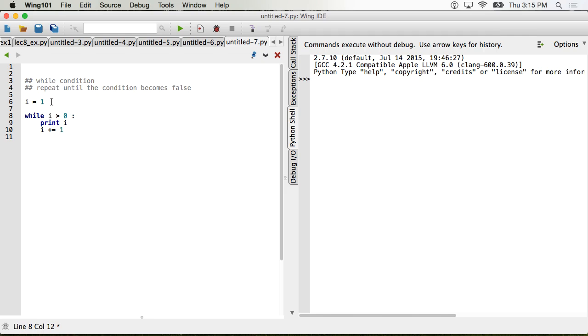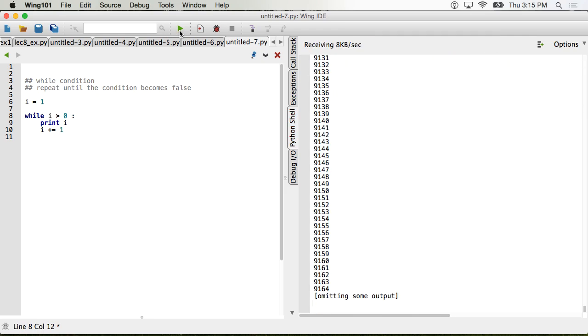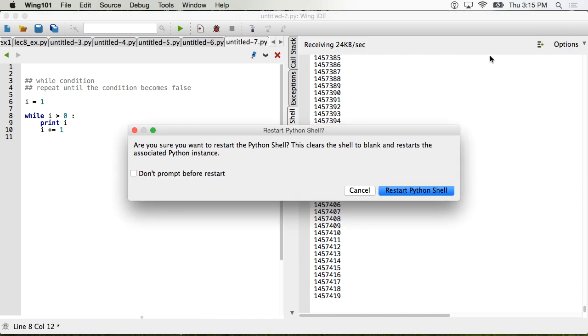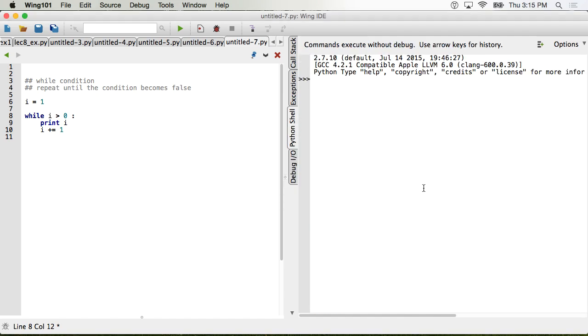Is it ever going to be not greater than 0? Because I'm going up, right? I should be going down if I want it to eventually stop. This is more interesting because now it's increasing and increasing, but it will never stop. Okay? So remember that when you write a loop, your first job is to make sure that you actually write your loop correctly. But once you do write your loop correctly,